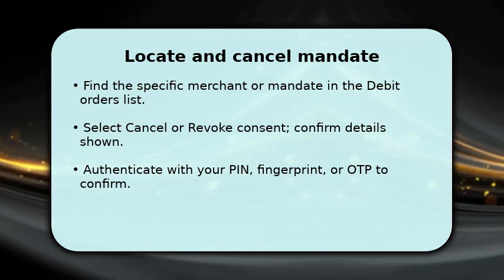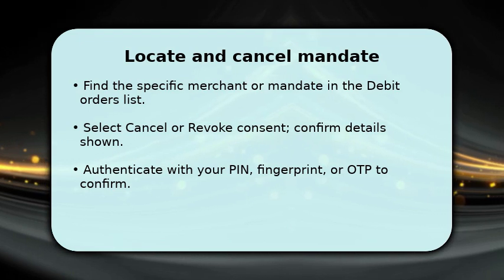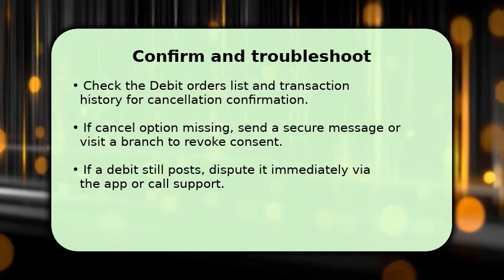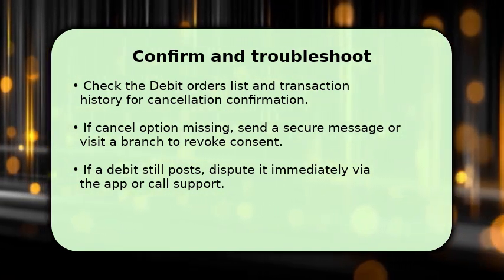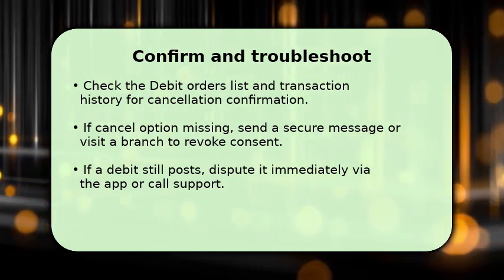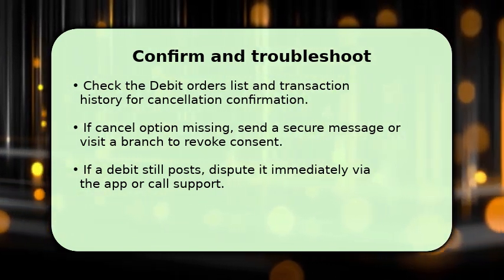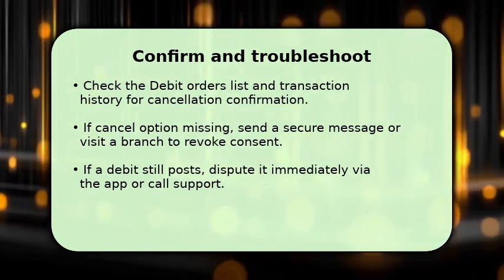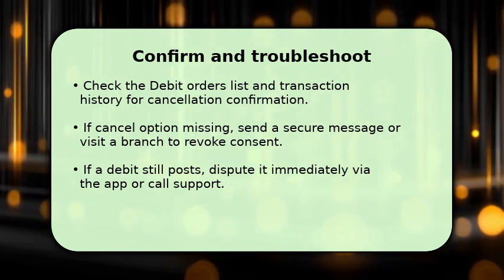After cancellation, verify the mandate is gone in debit orders and watch your transaction history for any pending debit. Make sure the app shows the revoked status. If you cannot cancel in the app, send a secure message or visit a branch to formally withdraw consent. Banks can also block future Debicheck mandates. If a debit still posts, dispute it immediately through the app or by